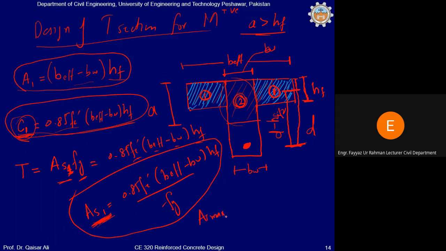As max for T-beam case 2 it will be equal to as max for singly reinforced beam in a rectangular section, सही, plus